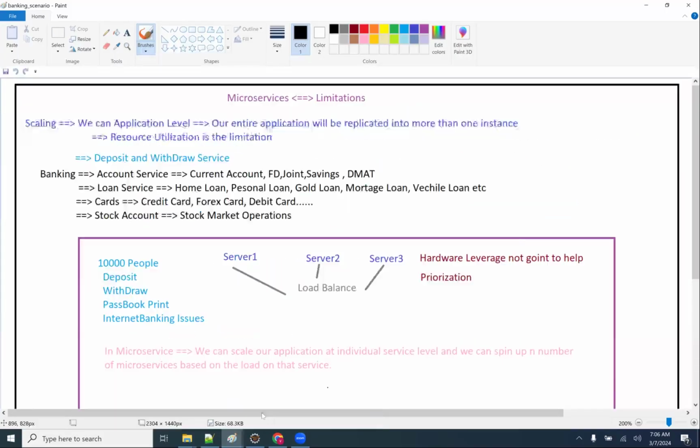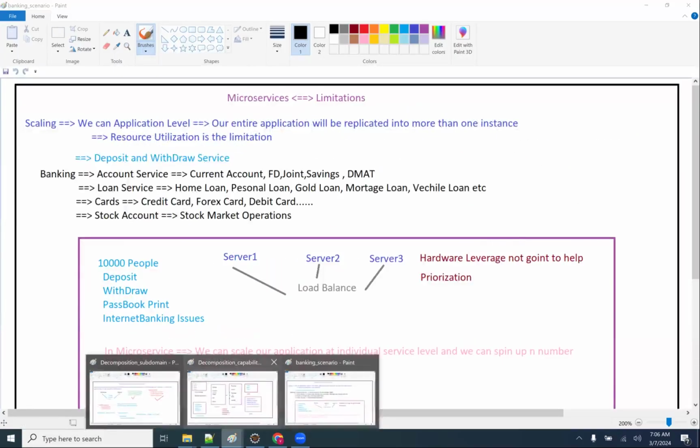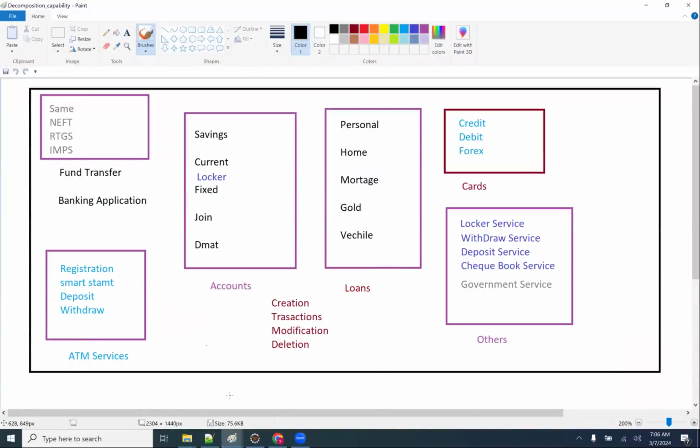Like that, we decomposed, and our friend Chaitanya also did it on an e-commerce framework. Now we got a high-level picture of what the business capabilities are, and we decomposed based